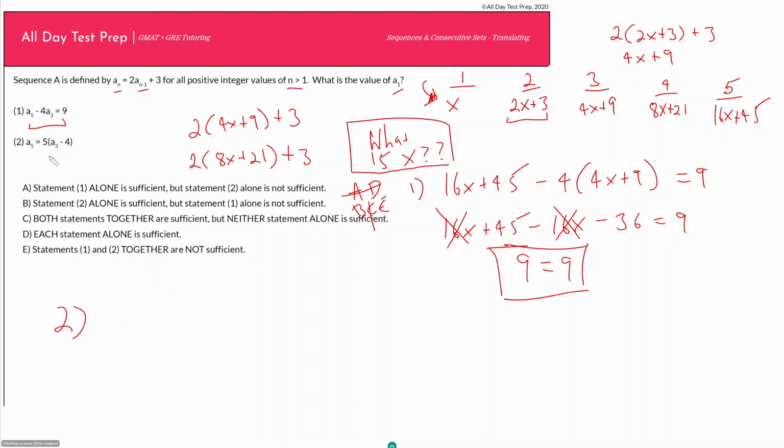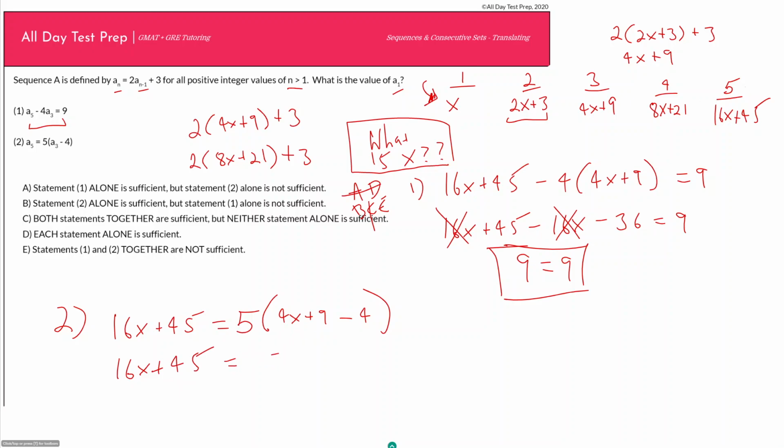So our second statement now says the fifth term in our sequence, so a sub 5, is equal to 5 times a sub 3 minus 4. So the fifth term in our sequence is equal to 5 times the third term in our sequence minus 4. And because we already have our sequence written out up until the fifth term, that should be equal to 5 times the third term minus 4. And so let's see if this is also going to lead us to a trick answer. So 16x plus 45